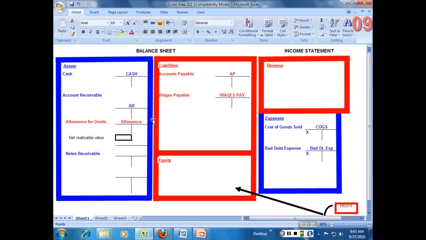And we'll learn why we have to have a reduction in receivables, why we use this account called the allowance account, what it means, what the theory is, what we do with it as we go through the next few days of lecture. Okay, but this is intended to be just a quick review for you of how you